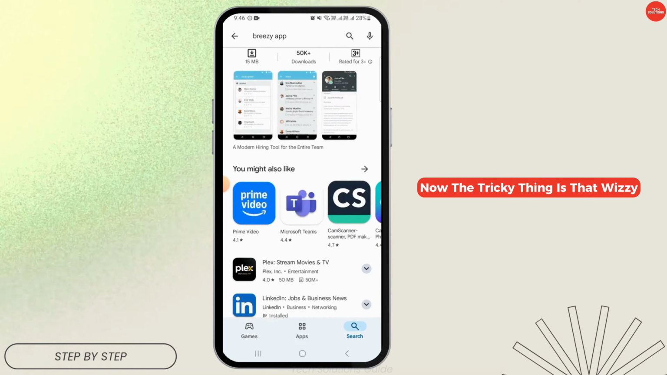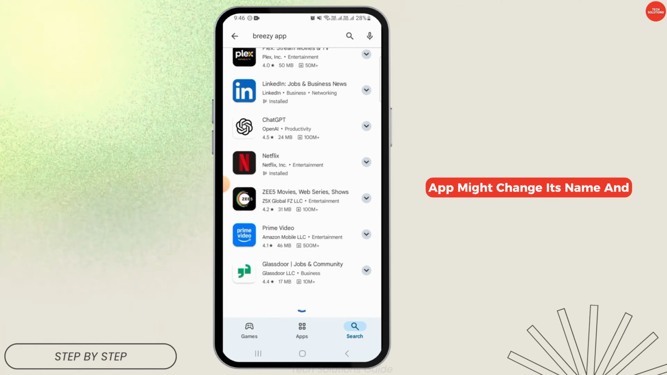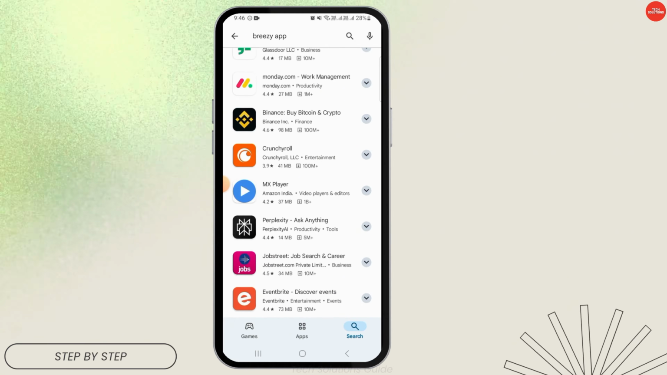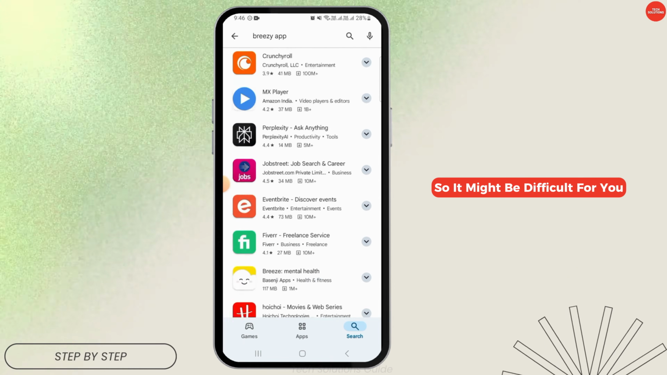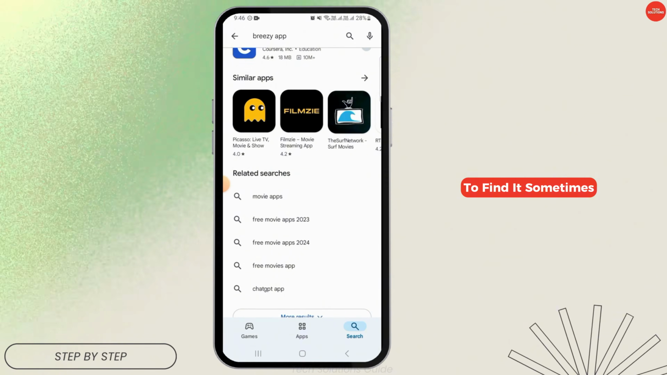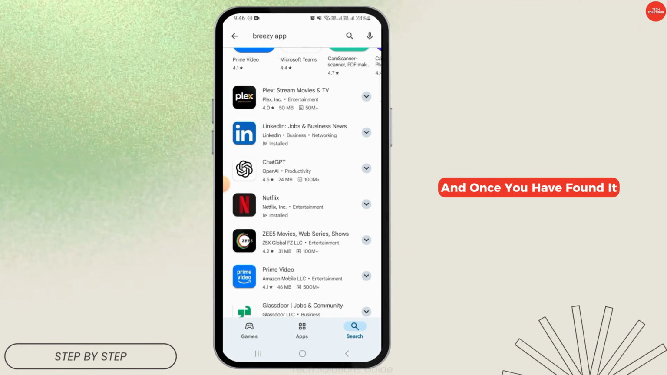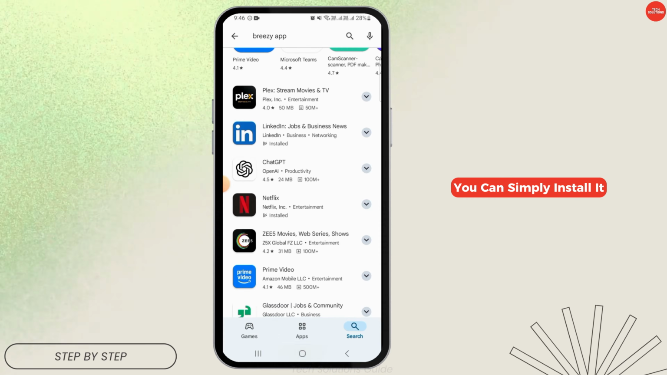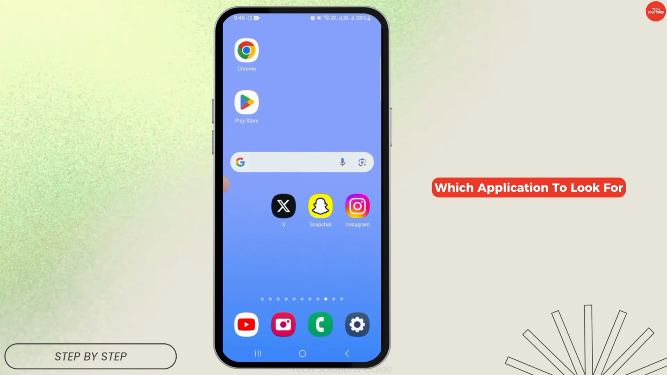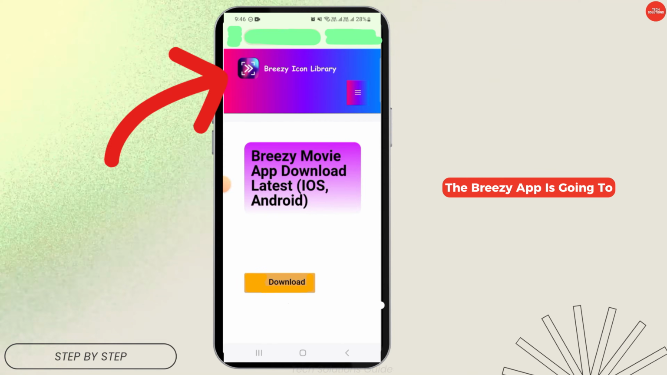Now, the tricky thing is that Breezy app might change its name and position over here in Play Store or App Store, so it might be difficult for you to find it sometimes. But all you want to do is keep on finding the application, and once you have found it, you can simply install it. If you are confused about which application to look for, then the Breezy app is going to